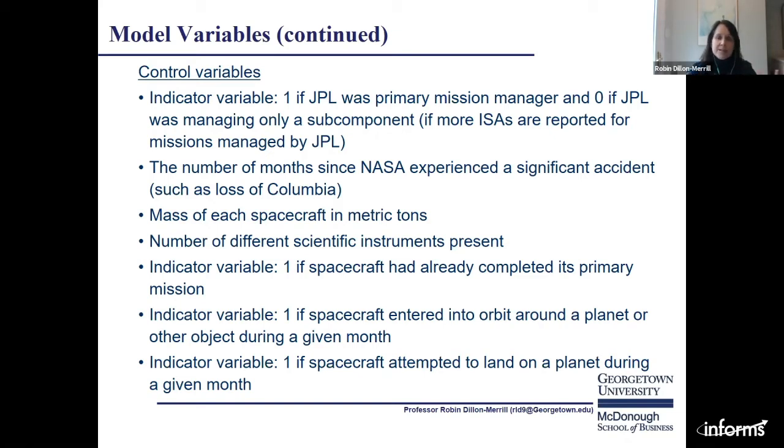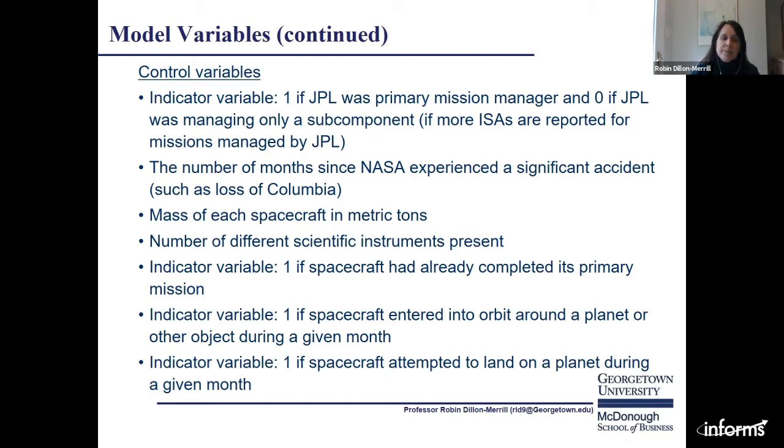In both of those cases, bigger missions, more complex missions should have more reports. We also had an indicator variable if the spacecraft had already completed its primary mission, because one of the things that we see is that many missions go beyond their primary mission. They get extended missions, but the focus and the attention on the mission once it's in an extended phase is